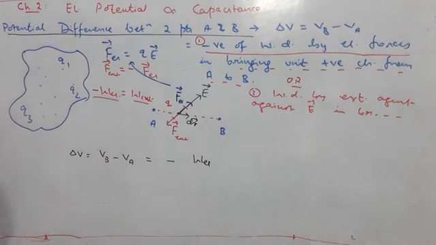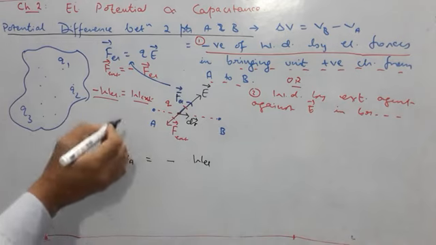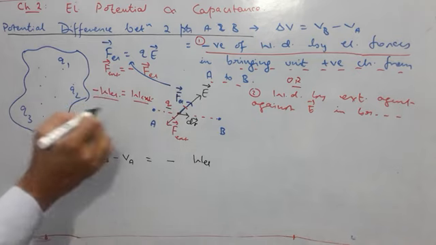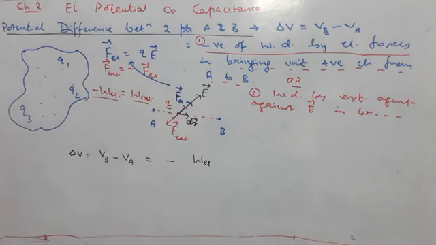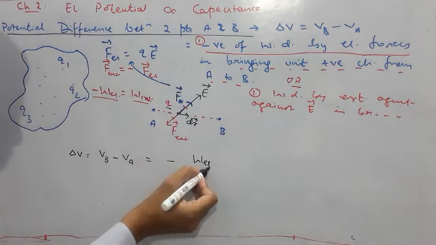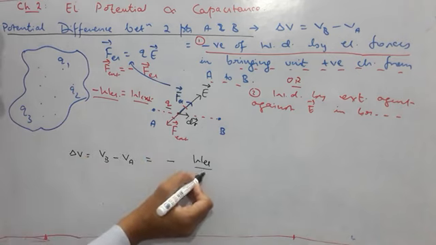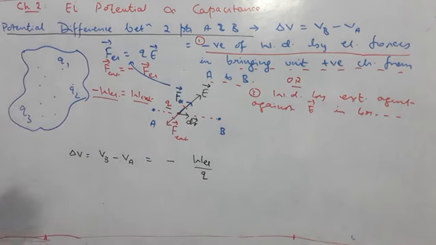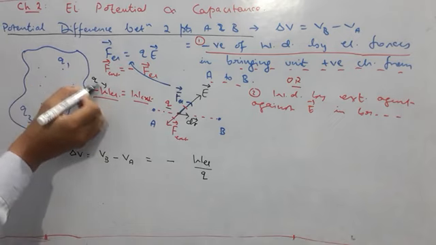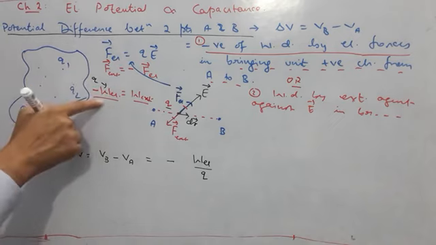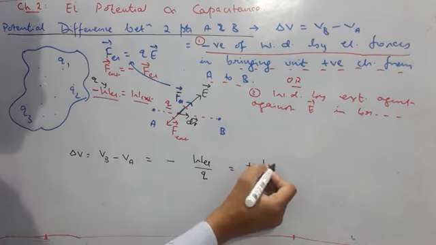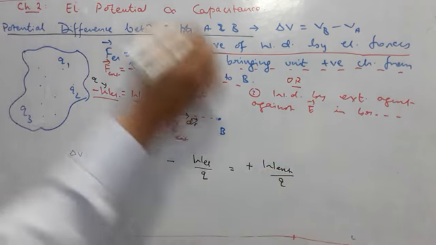Work done by electrical forces is supposed W_EL. But this W_EL is the work done in bringing charge Q from one point to the other. How much charge do we have to bring? We have to bring unit positive charge. So for bringing unit positive charge, you will have to do this much work. This is the work for charge Q. For unit charge, we have to divide this value by Q. So this is the answer. This can also be written as positive W external by Q.